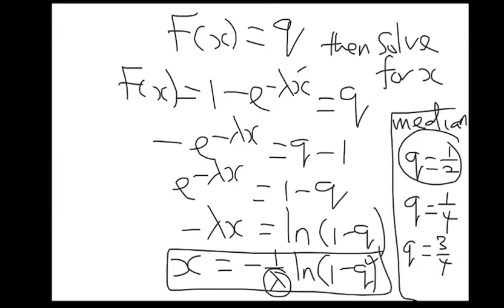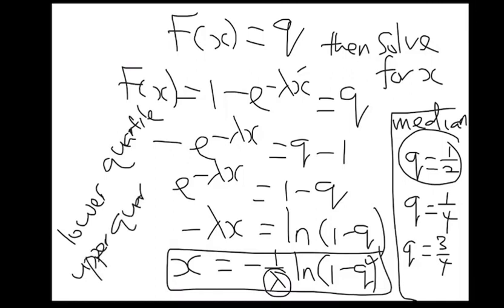I don't know whether you've heard about that before. You have what we call the lower quartile, and we have the upper quartile. If you want to get the lower quartile, you're going to plug in q to be 1 over 4 into the expression the moment you know your lambda. And for the upper quartile, you're basically going to plug in q to be 3 over 4.